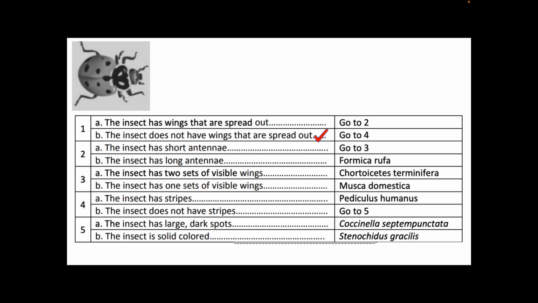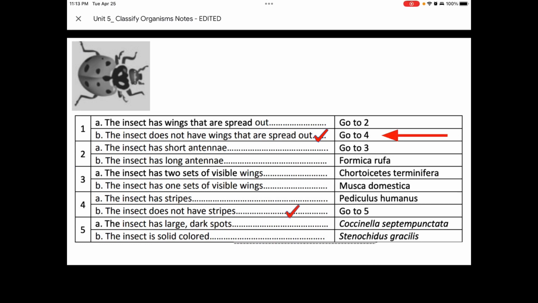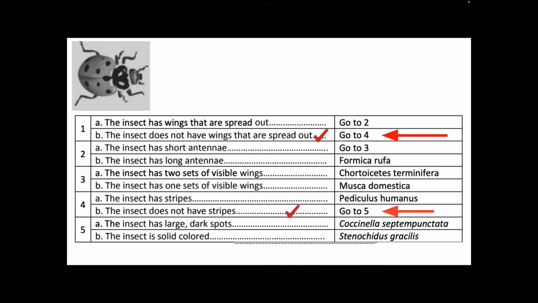4A says the insect has stripes. 4B says the insect does not have stripes. I hope you agree with me that this one does not have stripes, so it says go to number 5. Number 5A says the insect has large dark spots. 5B says the insect is solid colored. I hope you notice there are large dark spots. So we are looking at